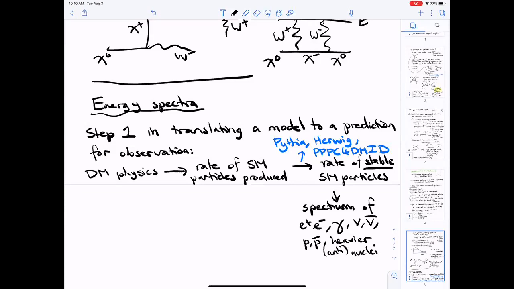So then we can ask the question, there's a classification that I like to do about what, given a standard model final state, what kind of spectrum of particles am I going to get out, and what kind of searches are going to be productive as a result of that. So I generally classify standard model final states basically into 4 categories for indirect detection purposes.